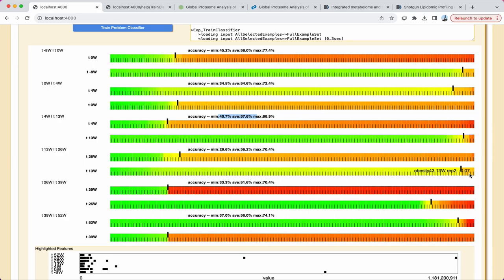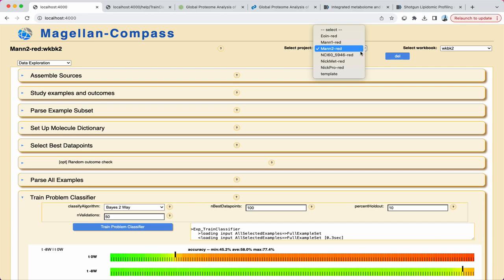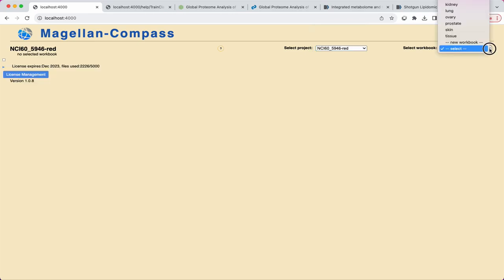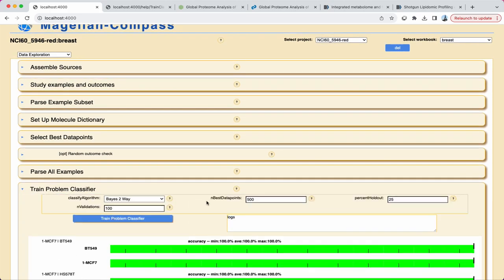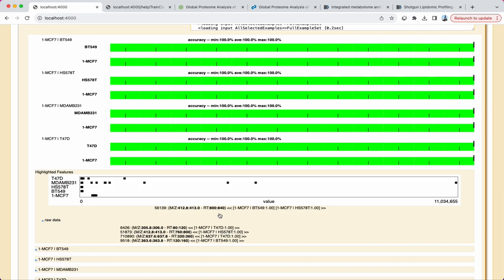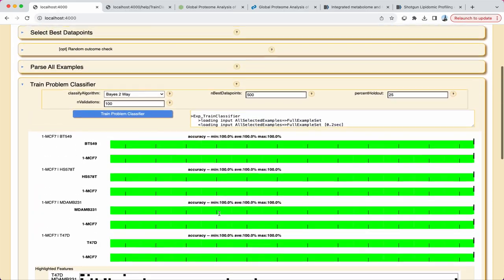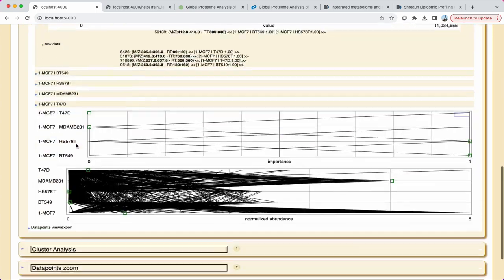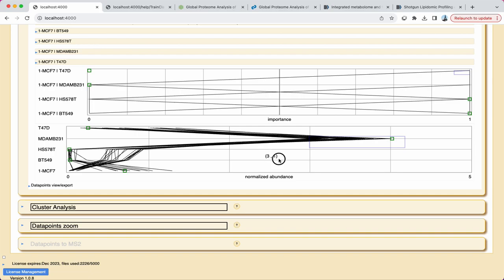The overall purpose of this tool is to leverage machine learning to refine our understanding of which data points are most critical and closely connected to biological differences in the examples. This allows identification of data that is most relevant to biological differences. It also allows easy visualization of which categories can be readily distinguished based on the data.